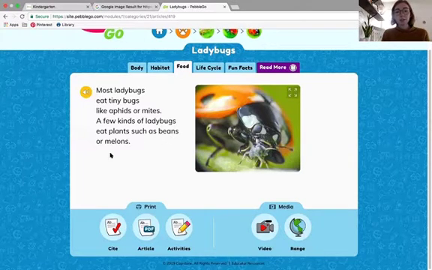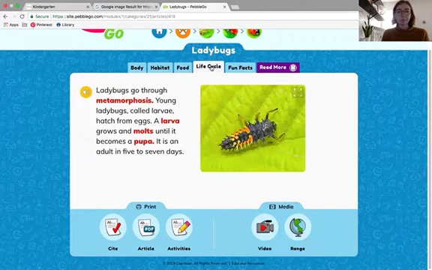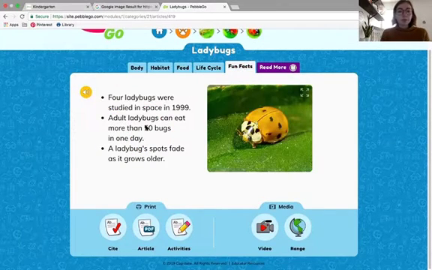Sometimes they eat beans or melons. Ladybugs go through metamorphosis. 4 ladybugs were studied in space. Wow, I'm finding a lot of interesting information about ladybugs.